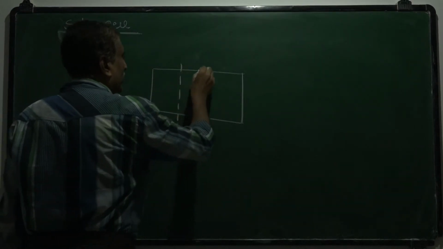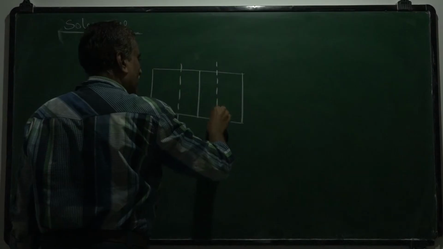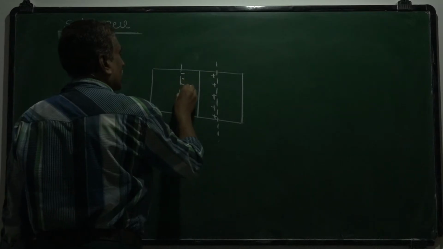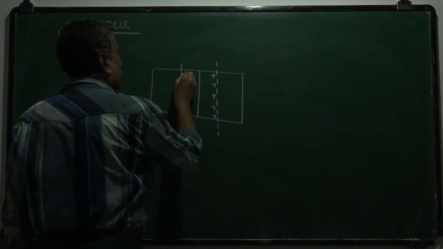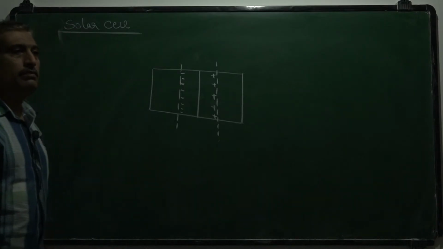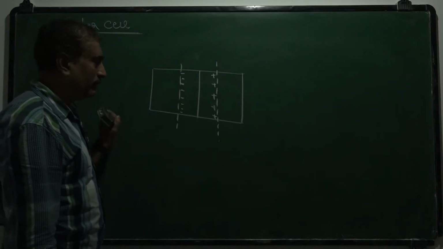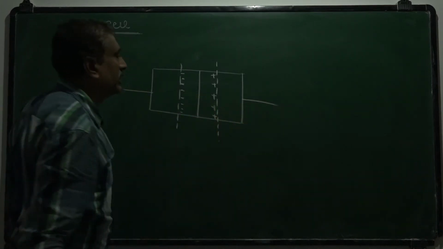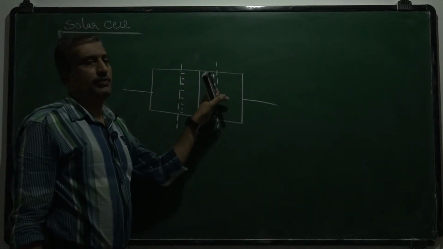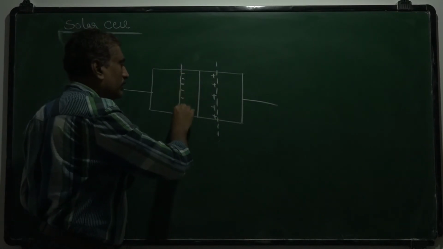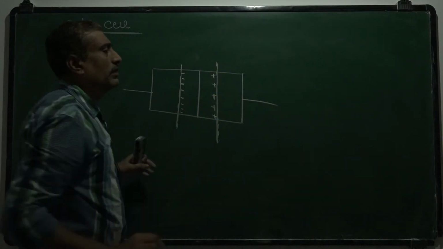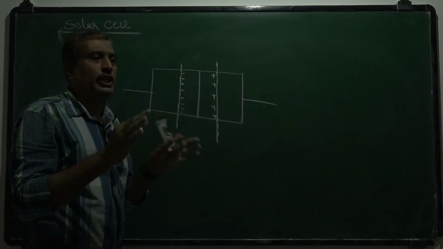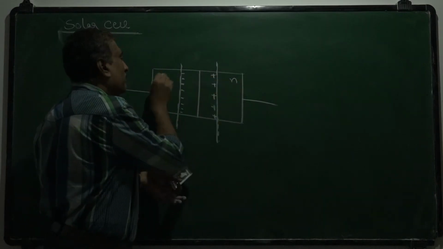This is a depletion layer. So this is plus, plus, plus, plus, plus, like this. Now when this PN junction diode, this is the depletion layer, the region which is free from mobile charge carriers. The depletion layer is the region which contains only immobile positive and negative ions in their respective regions. This is N-type and P-type.